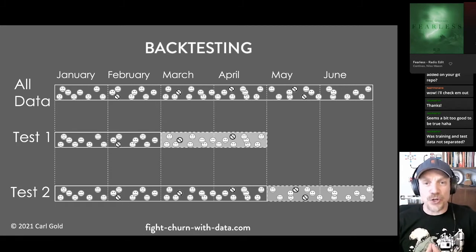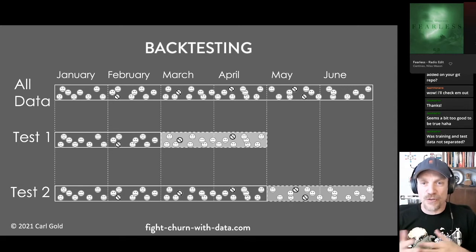So that's why for churn, I recommend backtesting and not cross-validation, because most churn problems are live business problems. You know, you're a real business and your environment for your business is changing in real time. You might have new competitors, there might be a recession, you might change your features of your product, and your algorithm is going to be subjected to all these things. And by doing the historical simulation, you'll get the most accurate view of your accuracy.